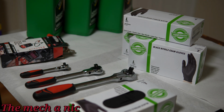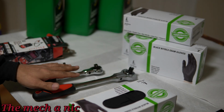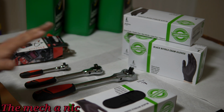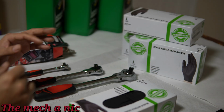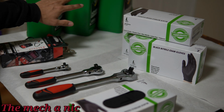Alright, so let's start off by just talking about this stuff right here. As you can see, I have a few things on the table, and all of these were sent to me via a Patreon supporter, so I cannot say how much I appreciate this. Truly do appreciate it. Thank you so much. He wants to remain anonymous, so I'm not going to be giving out any names, but you know who you are, and thank you. So as you can see, we have some oil back here, and you're probably wondering,